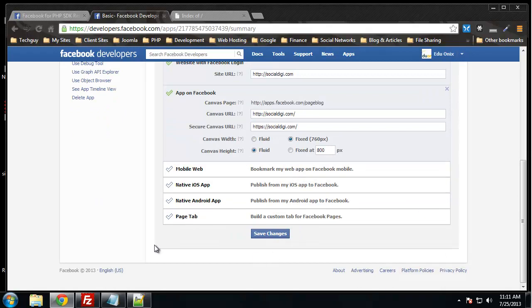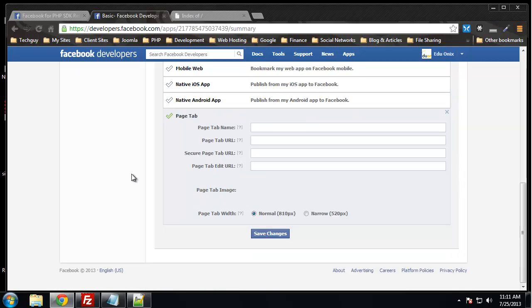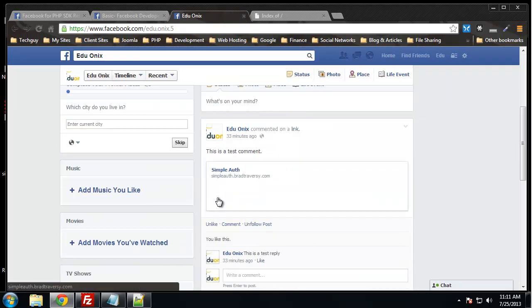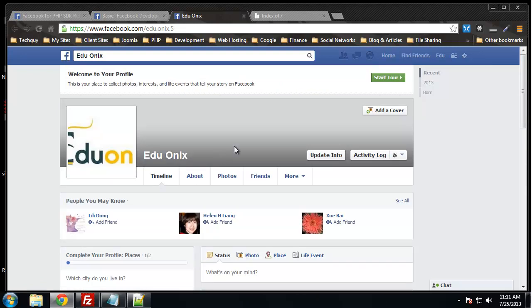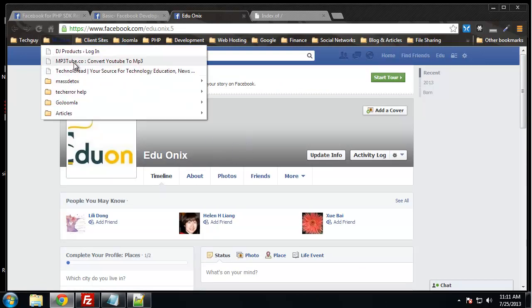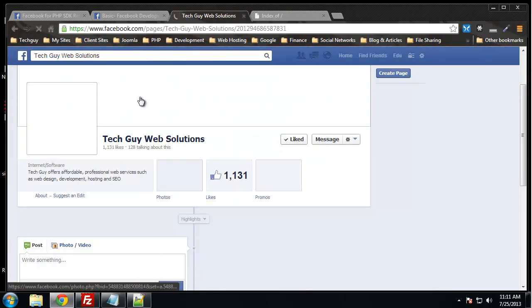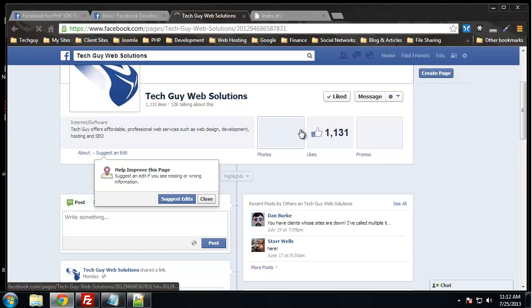Okay. Now, here's a new thing we're going to do: add a page tab. And a page tab, let me just see if I can give you an example here. We don't have a page yet. I'll go to one of my pages. You can see for this particular Facebook page we have these tabs, and I'm actually using a promotional app that uses a tab, so it creates this promos tab right here that will go to a certain page on our application. So we're going to create one of those,